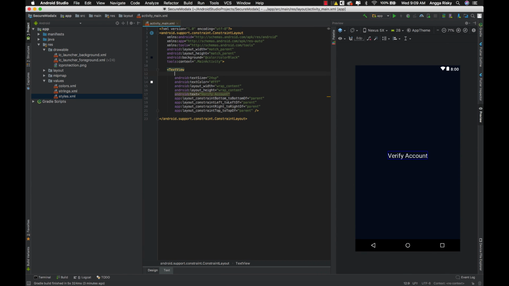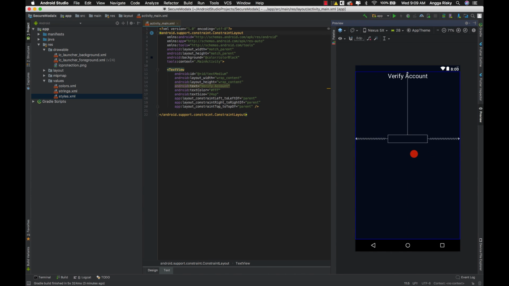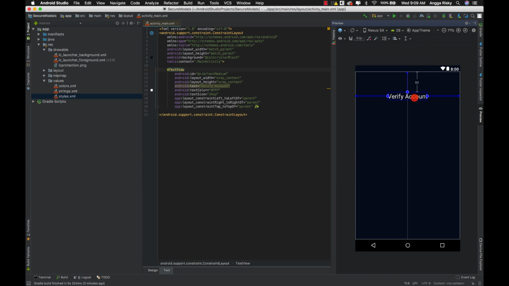We have to give the ID, which is text medium, because later on we're going to change this text style to medium. I have to cut off this one, I don't need this. Maybe it's about 100.